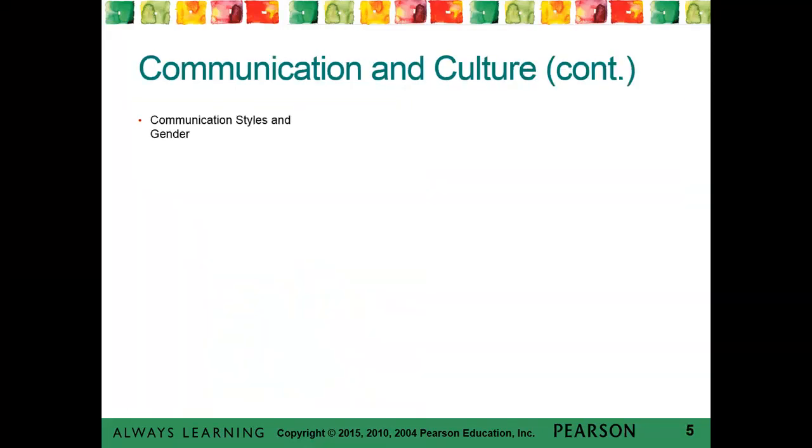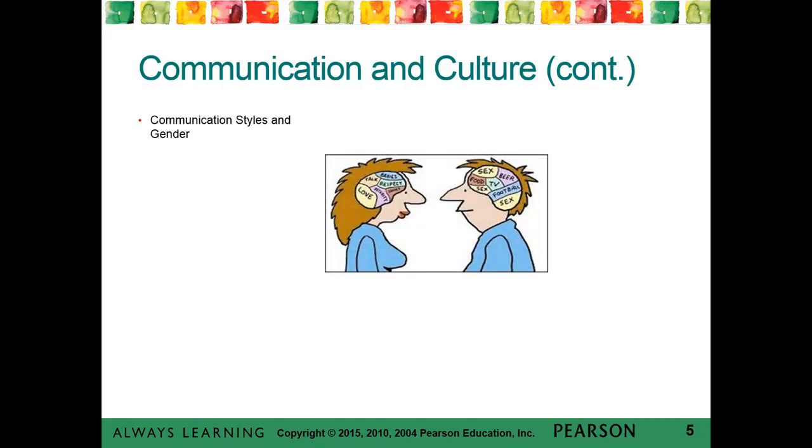He goes on to say in our reading that communication styles are also different when we talk about issues related to gender. When you think about how and what men and women think about and the words that they choose to express themselves, it comes out a bit differently depending on one's sex. And these are general observations a lot of researchers have made, in terms of women being more emotional in the way that they express themselves, and men, on average, being more rational.